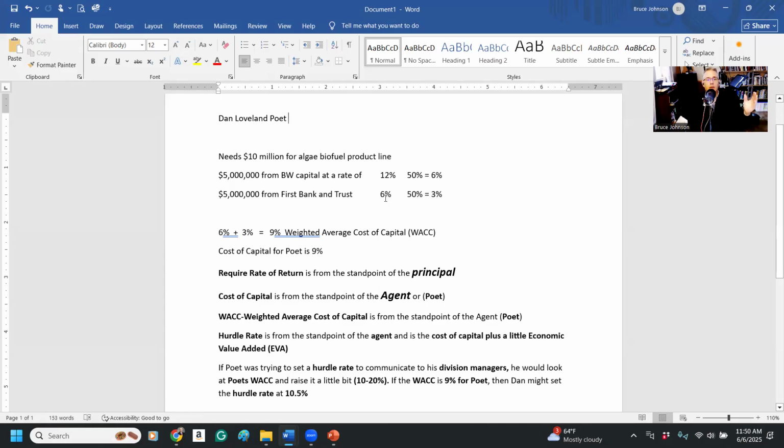So for the 10 million, you would not set a cost of capital at 12%, because when you borrow money from the bank, it's actually cheaper. And this is where a lot of young people, students, don't understand. It is actually preferable for a company to borrow money from a bank as its source of capital because it's cheaper. In fact, overwhelmingly, that would be the preference. The problem is if something goes haywire and the project's not going to work or isn't feasible, then Poet is still on the hook to pay back the bank.